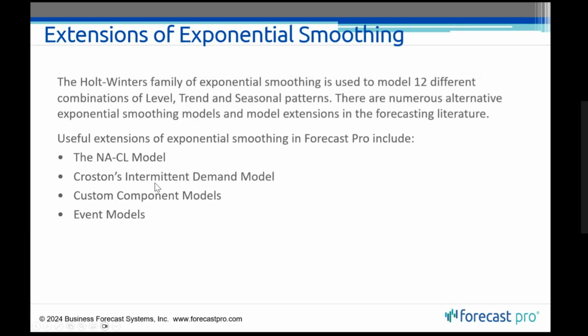The Croston's intermittent demand model. This is a technique, it's a form of exponential smoothing that's good when your data have a lot of zero demand periods. So think spare parts or slow movers where, on a typical week or a typical month, we don't sell any. And it's a technique that's designed to handle that type of data. We won't actually run through it because we don't have enough time, but if you have that kind of data,